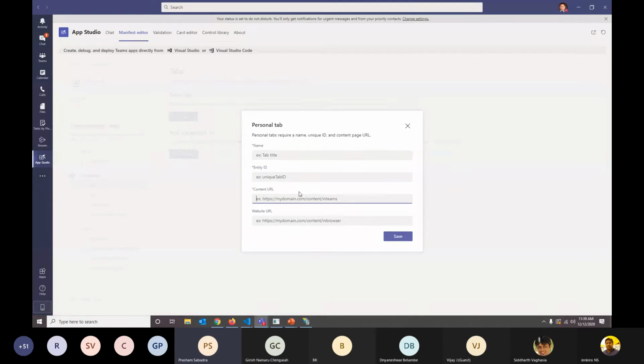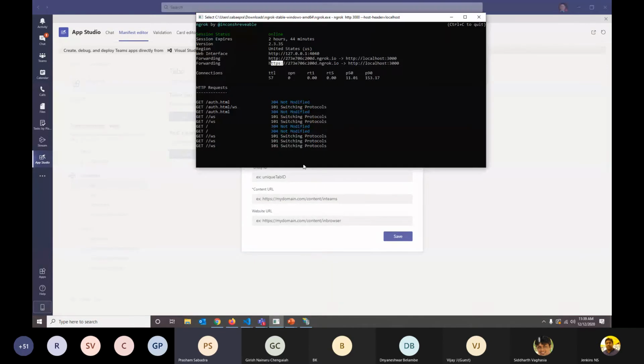For demo purposes here, I'm using ngrok. I started ngrok and specified where I have hosted my application or the simple HTML pages I created, and then I'm using these pages. We could go and edit our previous one as well. Let's go there.